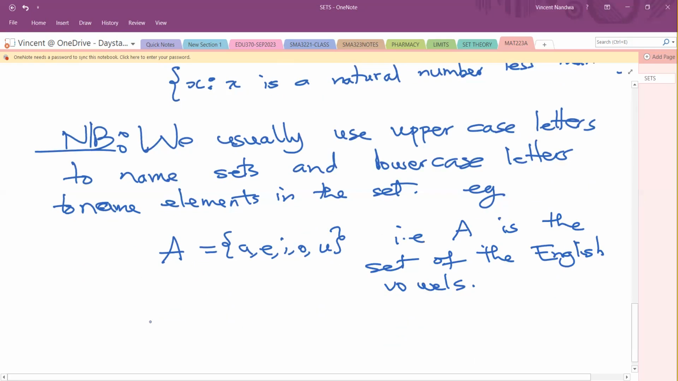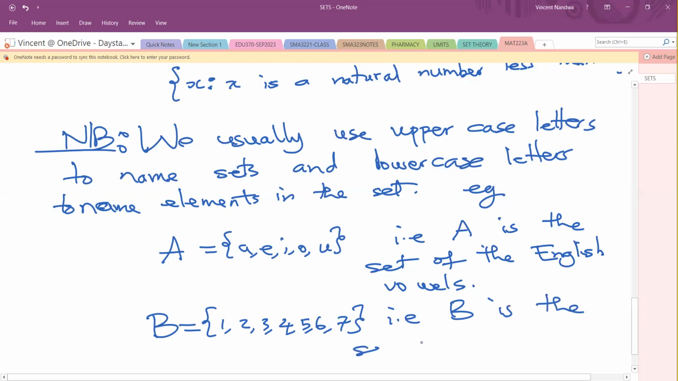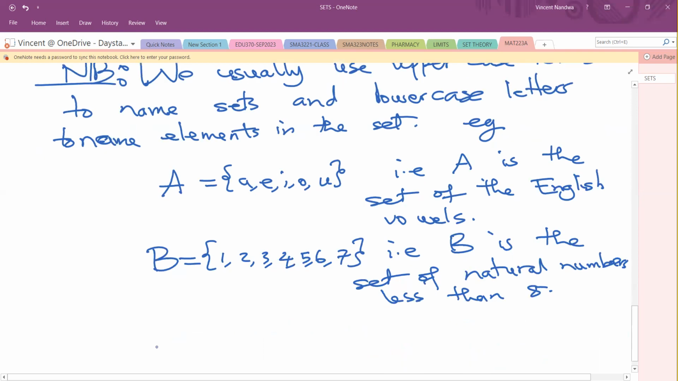You can also have, say, a set B, {1, 2, 3, 4, 5, 6, 7}. And then you can say B is a set of natural numbers less than 8. And then you can say I have a set C,